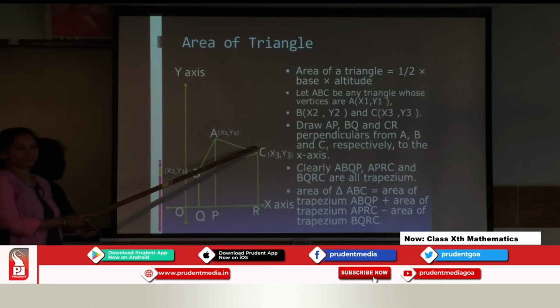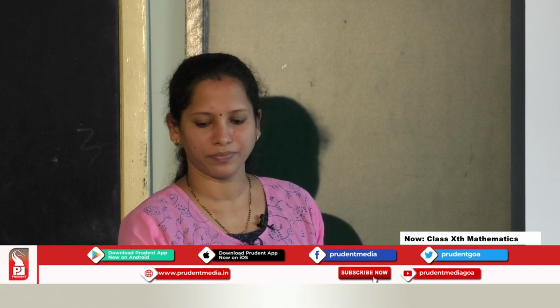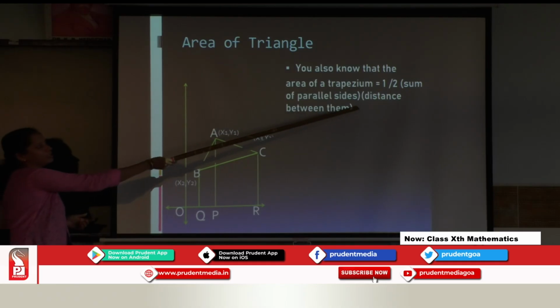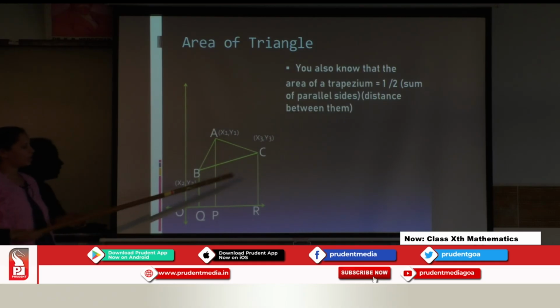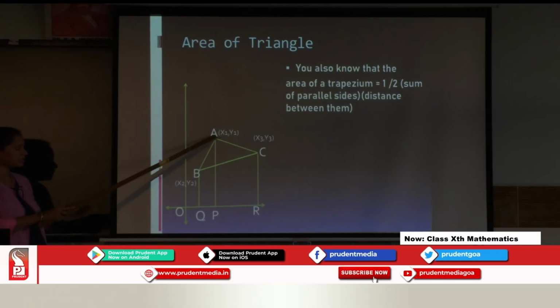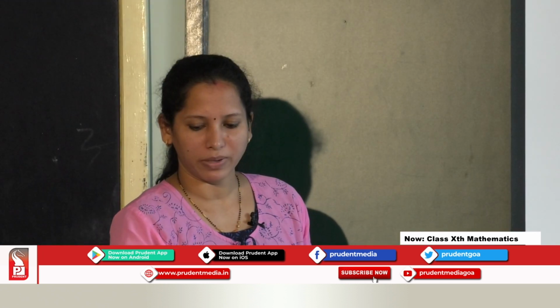Then we will get the area of this triangle. We know that area of the trapezium is equal to half into sum of the parallel sides into the distance between them. Here the distance for this ABQP is QP. So by applying this,